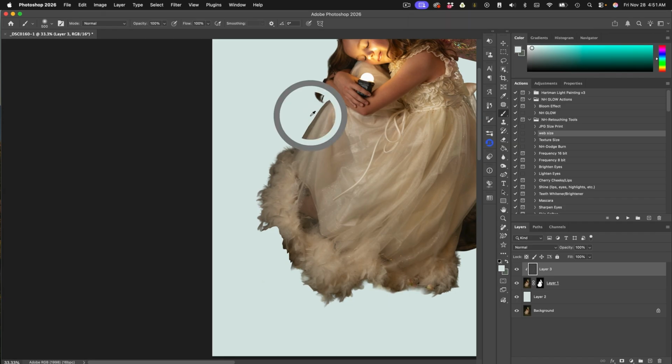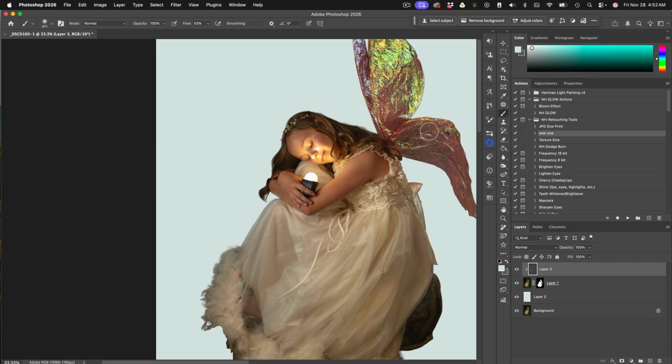So once I've already put my background images in, what I want this to be. Typically I'll sample the background or the environment like this, and I will reduce my flow down to around 50, and I'll just paint that color over my edges like this. And this just helps blend in your subject to that new environment. Okay, so this is typically what I will do. Because if you're putting this into a winter-like scene, you might want to have a little bit of lightness on the back of her head here because it's going to be a really, really bright environment. So you just add a little bit of that lightness